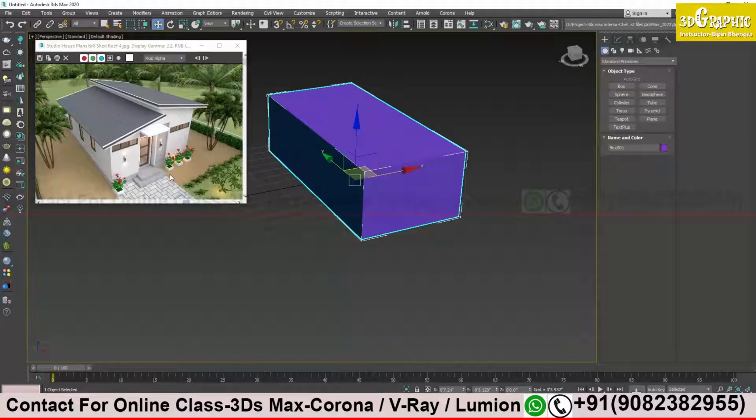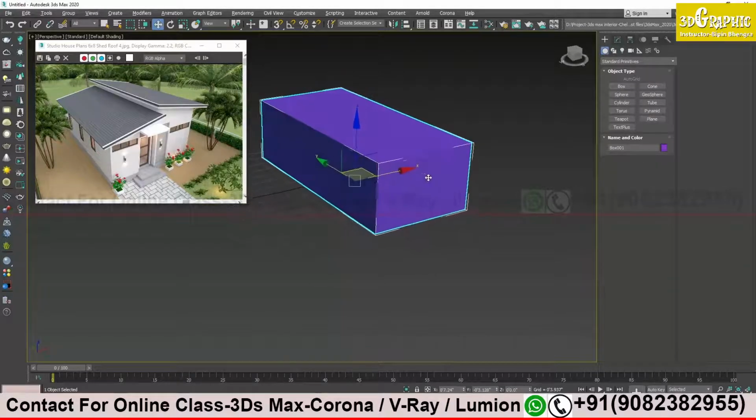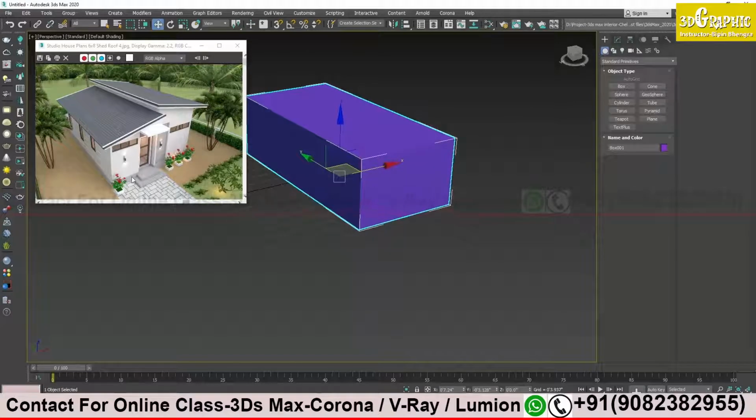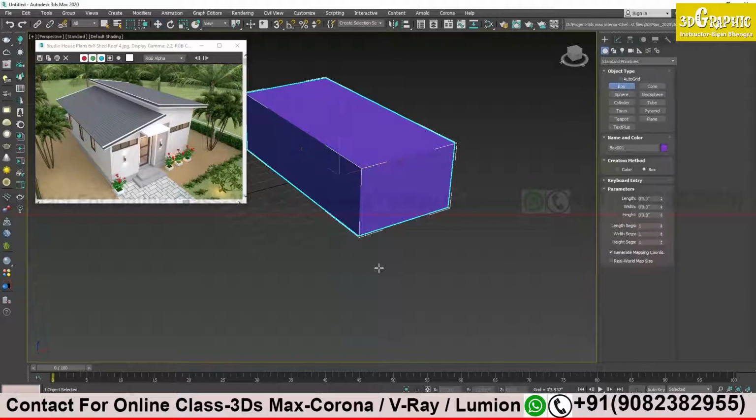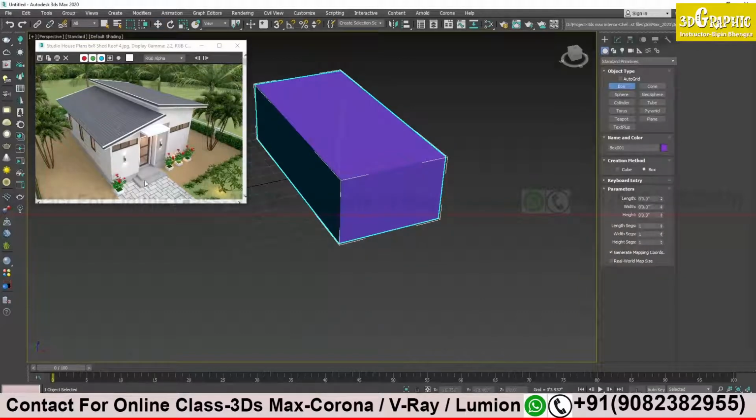No, sir. The nearby. Let's create these steps. These two steps I have. So I will not copy this because this is a bigger one. I can create a small one, no? A small box. I will create once again. I have two boxes over here to create the steps.